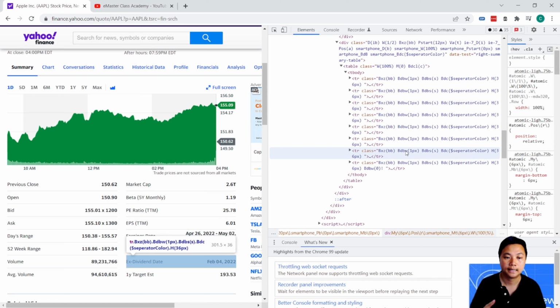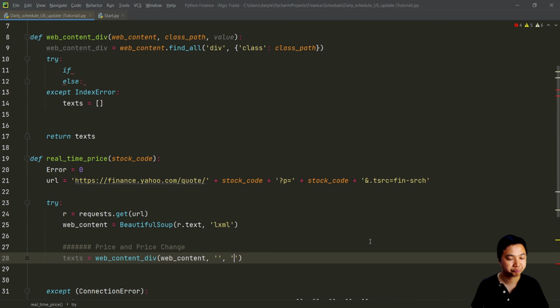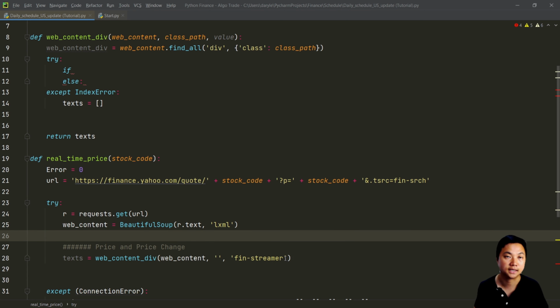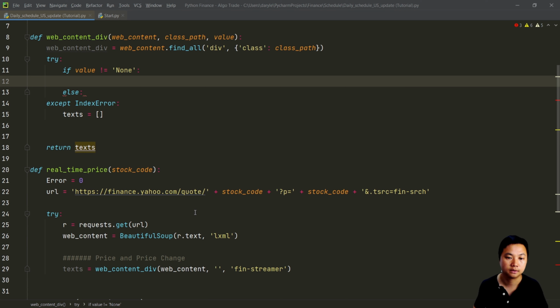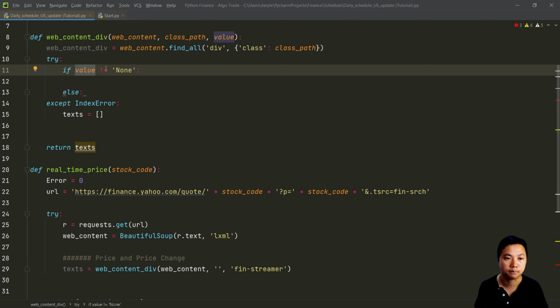So I'm going to use if else to handle these two different conditions. But before, remember that Yahoo Finance stored these values into a span. So in this case, they changed it to a fin-streamer. So in that case, we need to change it from a span to fin-streamer. However, for the table, again, they also changed that. In that case, just in case there's no fin-streamer that is a table, I will just assign a None to that. In that case, I'm not going to assign anything over here. But for this case, we are going to have the fin-streamer. This is the fin-streamer, and this is the fin-streamer that is not equal to None. So in that case, we will